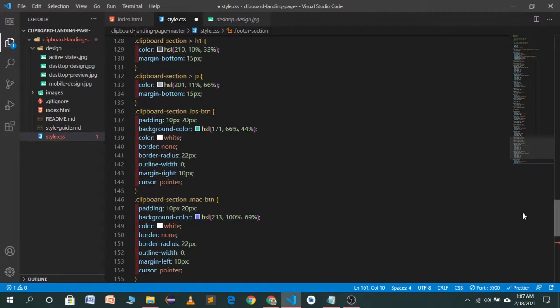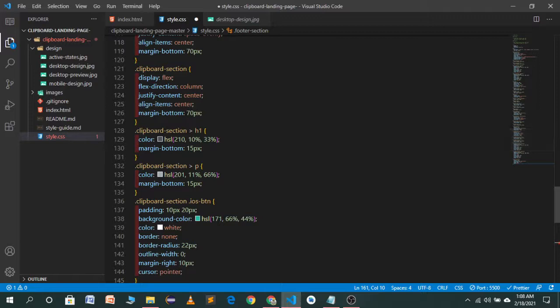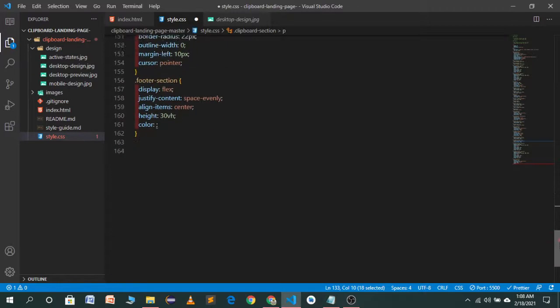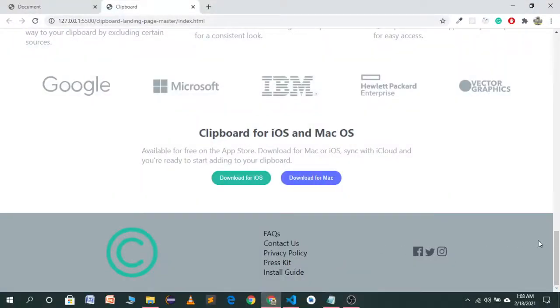Where is the paragraph color? Copy this one. Not a color, background color. And let's now see the change.